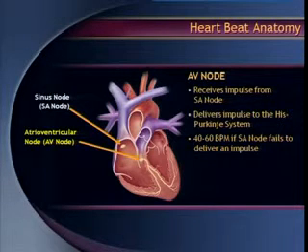So the SA node sends the impulse to the AV node and it delivers the impulse to the other system through the Purkinje system and the other cardiac muscles, the ventricles, forming cardiac contractions. It takes over by its own. If the SA node fails, the second backup pacemaker takes up, at about 40 to 60 beats per minute.